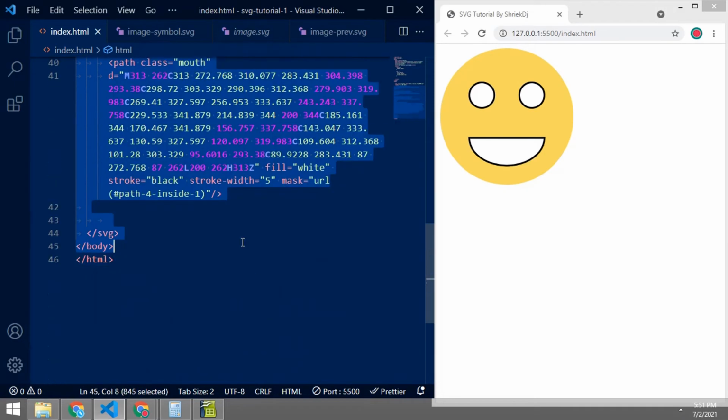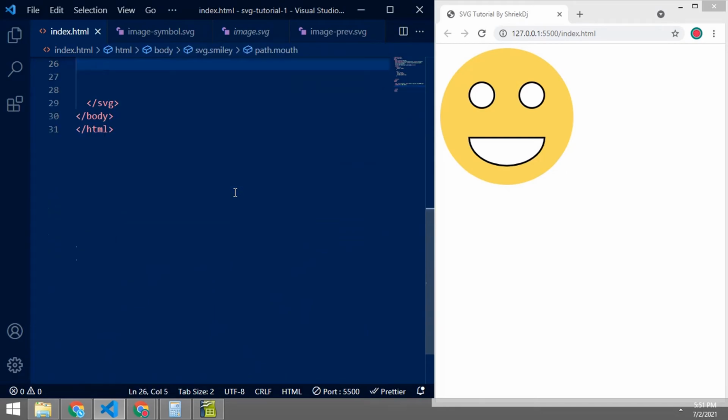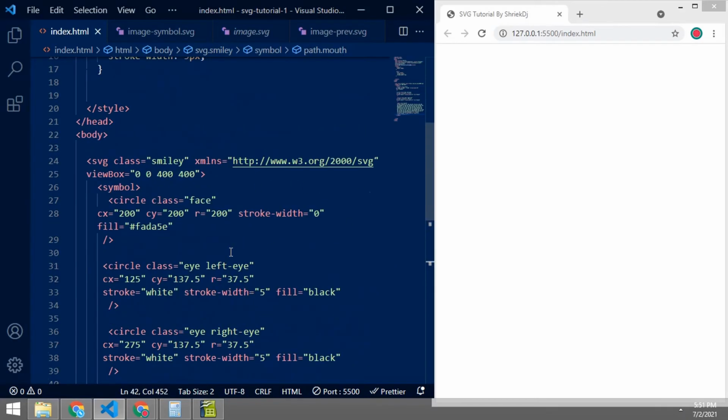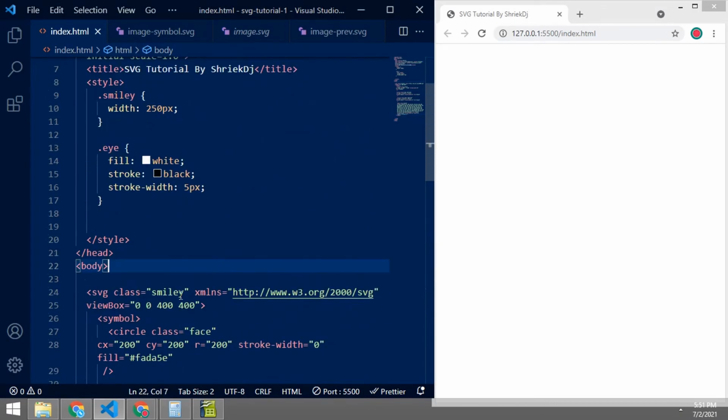All the circles, delete and add symbol. Symbol just added in svg and add it. So we can use this symbol anywhere in our web page.